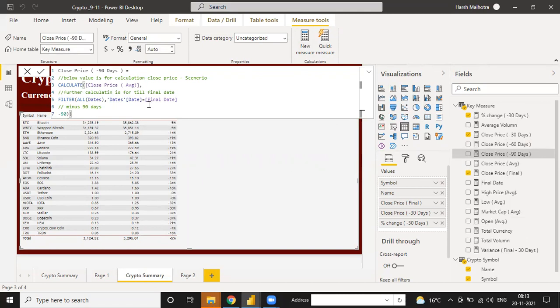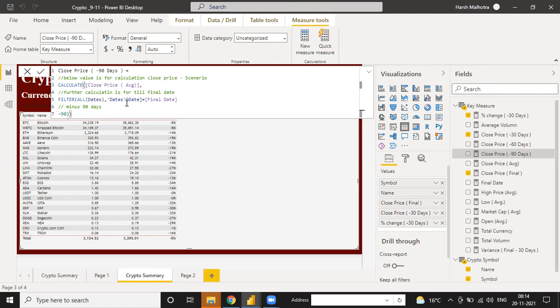So only the first time you write it. And guys, see, this function is not only for this crypto analysis. Suppose you are working in any sales organization, and they want to compare your current sales for today, the current year, like November 2021. Your current sales is, suppose, 10 million, divided into 5 regions, 2 million for each region. And suppose they want the minus 30 days sales, then how to calculate?